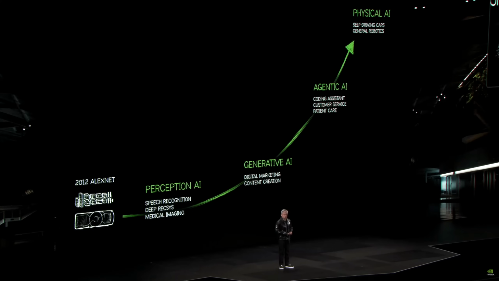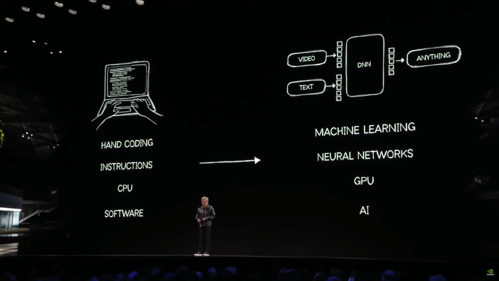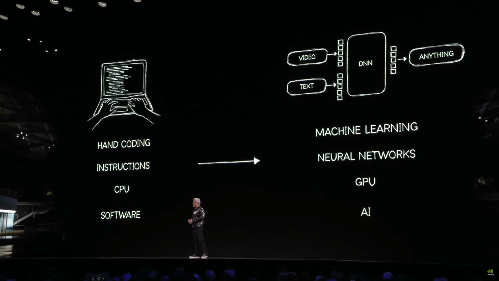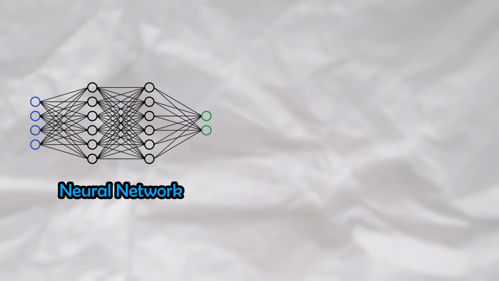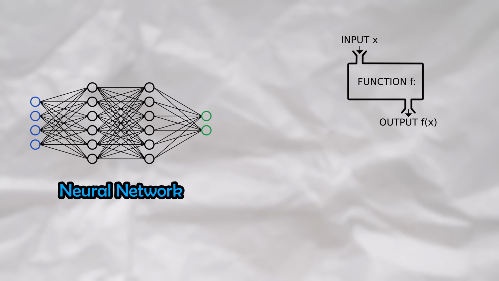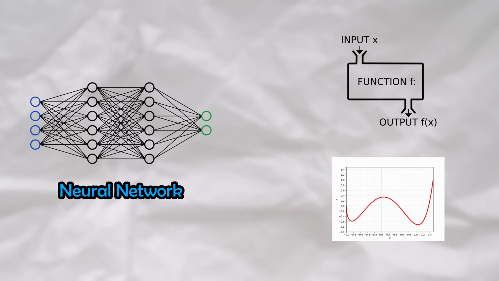So you clicked on this video because you wanted to learn more about neural networks, the technology driving the AI revolution that we're currently living through. But what if I told you that you already know what neural networks are? It turns out that a neural network is nothing more than a function, just a regular mathematical function, the same